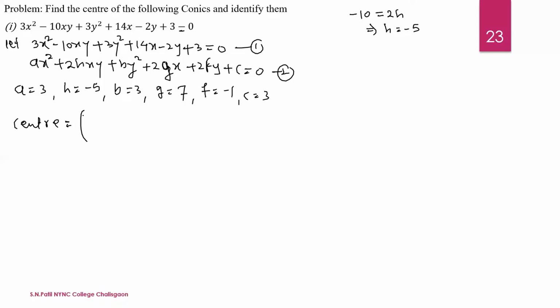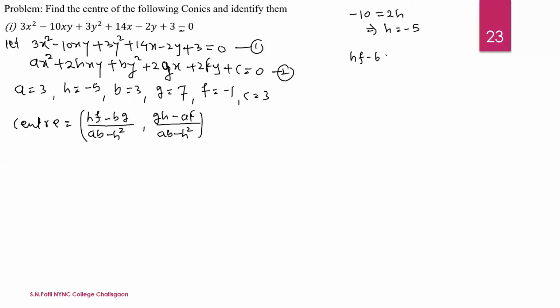h into f minus b into g, divided by ab minus h square. Okay. Second is g into h minus a into f, divided by the same denominator, ab minus h square. Okay. Now simplify the value, that is h into f